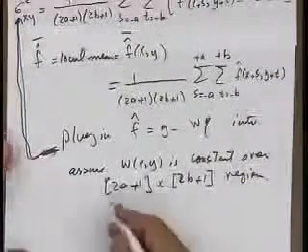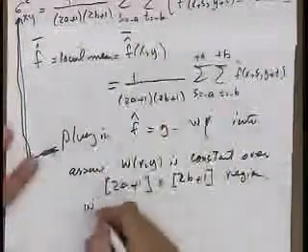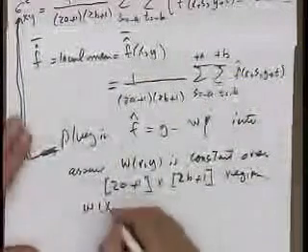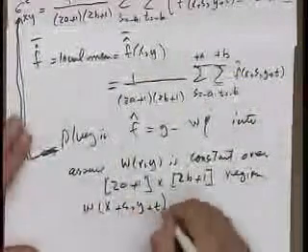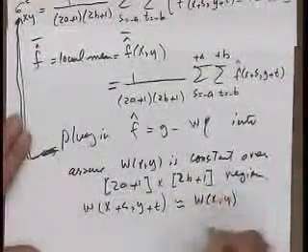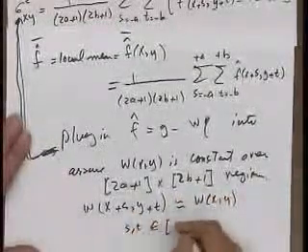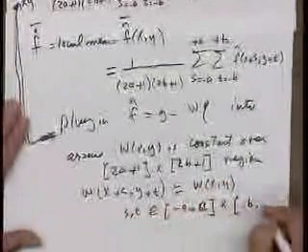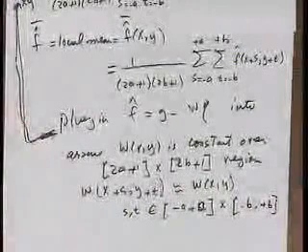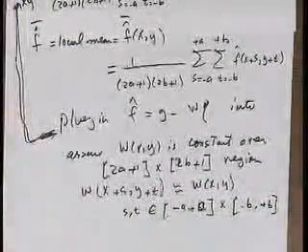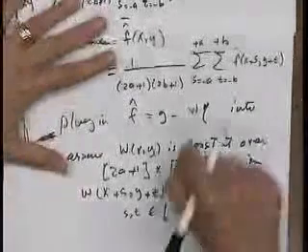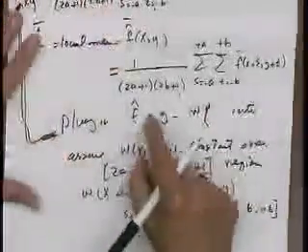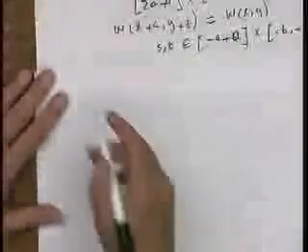So in other words, after I plug this in, w(x+s, y+t) is approximately equal to w(x,y) for s and t in the minus a to plus a region and the minus b to plus b region. Because otherwise this becomes a horrendous set of computations. And after I make this assumption and plug this expression into this expression, I get the following thing as my